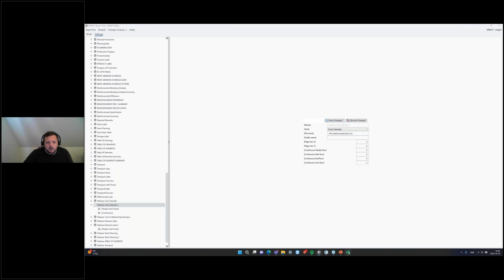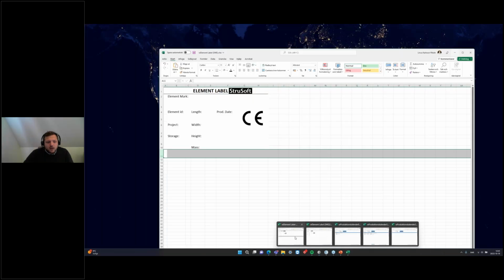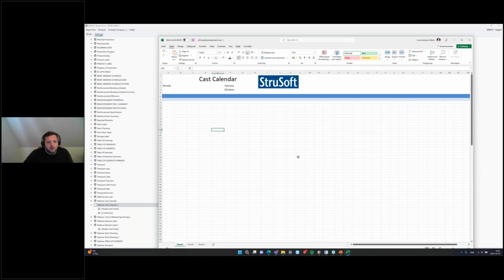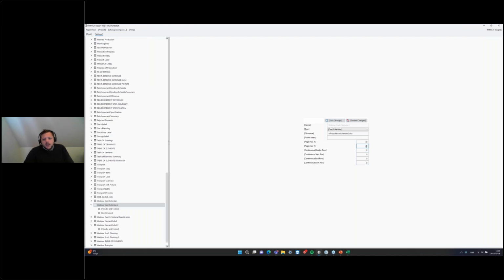So now it's not the size of the label, but more like, okay, if I print out on A4, what's the optimal size? So let's say that I'm gonna have 40 to 40. Let's say like this. So now, until now, we have the same as the label, but now we just have the size